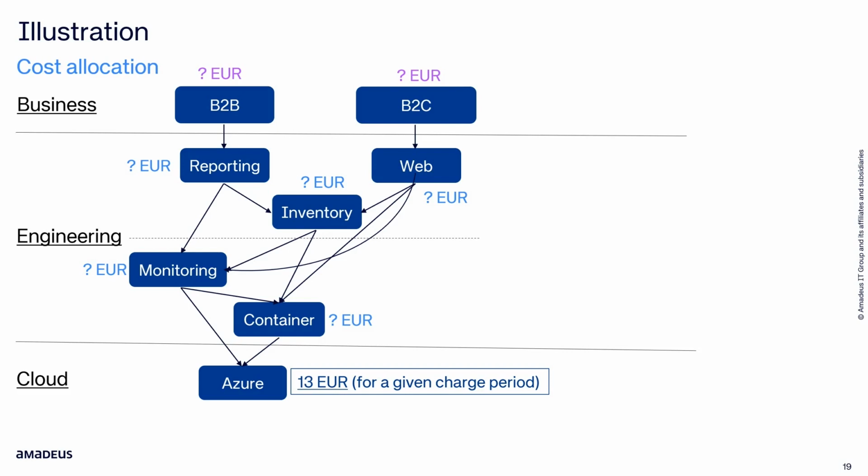Maybe you find that the explanation of the cost allocation model was too cryptic. But don't worry, no one can explain clearly how to ride a bike, but everyone is actually able to practice and to get to it. So let's practice on the illustrative example. Let's assume, for example, that the cost of Azure is 13 euros for a given day. And let's see how these 13 euros are allocated to platforms, services, and products.